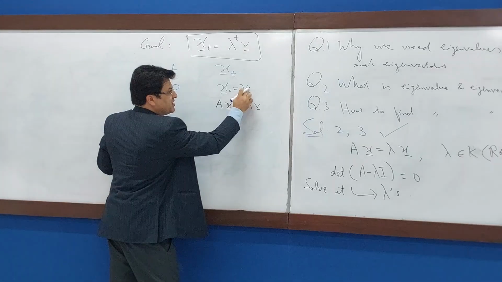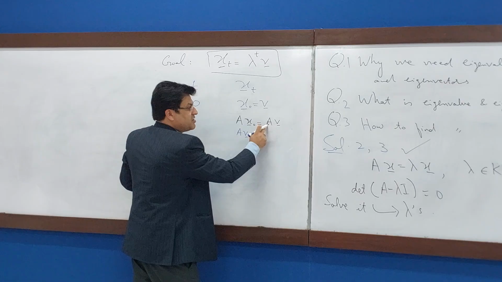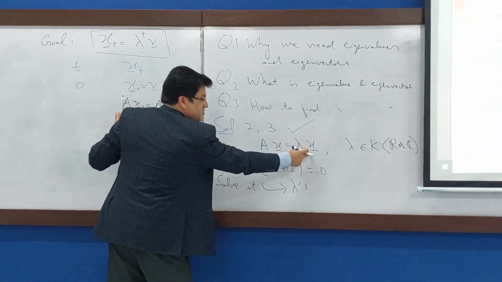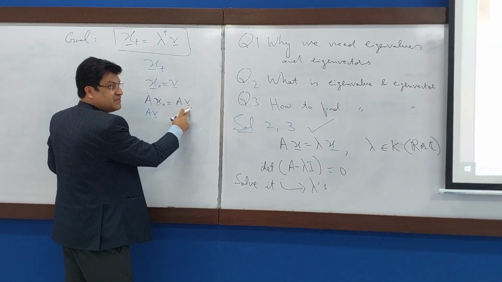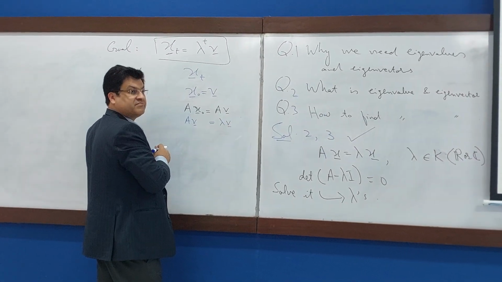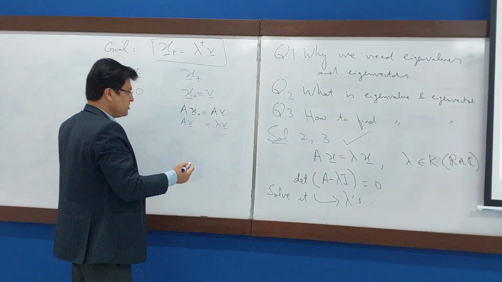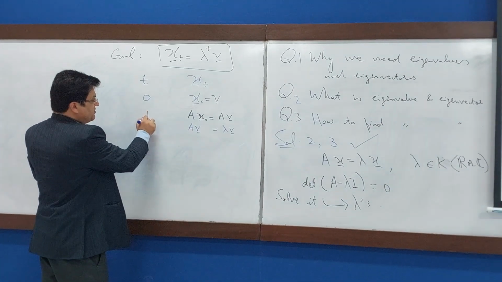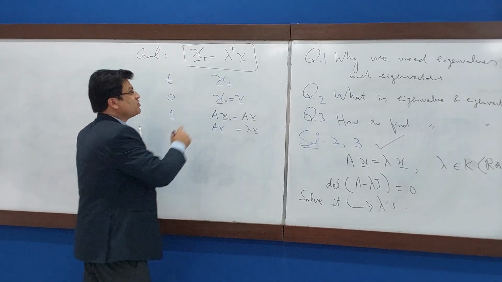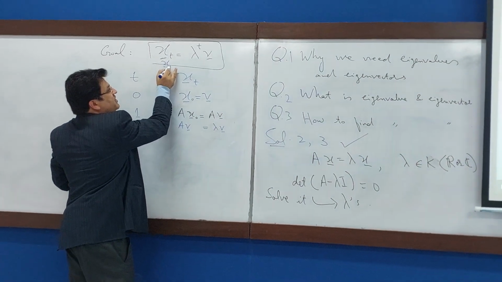Now you have to be a little bit more attentive. This x naught was nothing but this vector b. And what was A b? A x is equal to, instead of x we have b, so this will be equal to lambda times the vector b. So A b is lambda b. Okay, so far so good, no problem. So what have we done here? After one time step, the answer is this one. So pay attention here: after one time step.